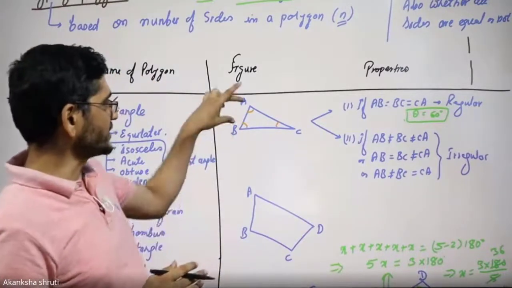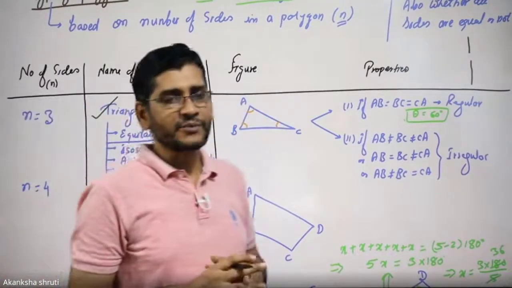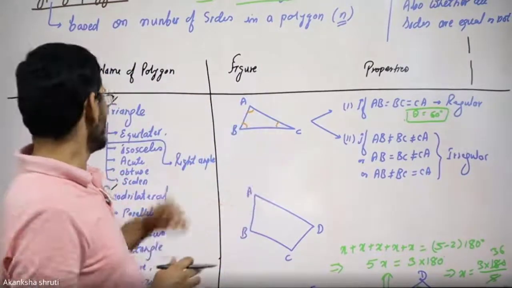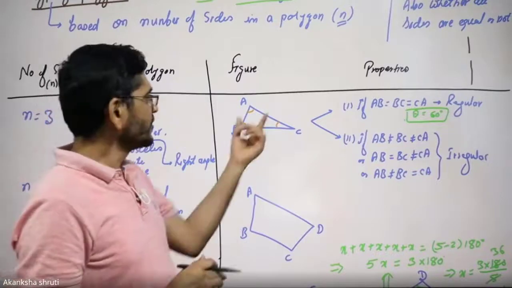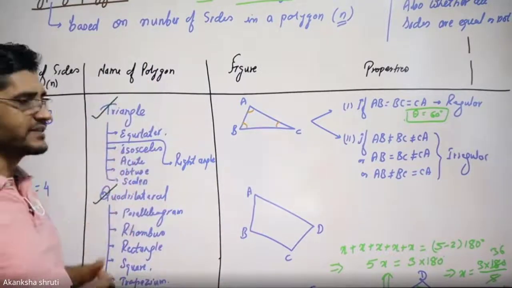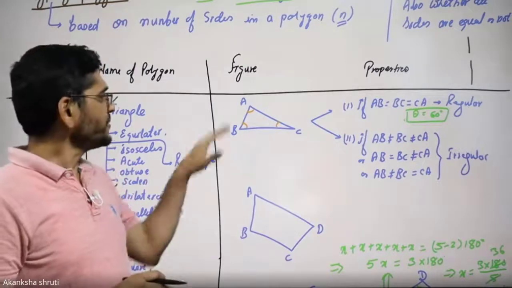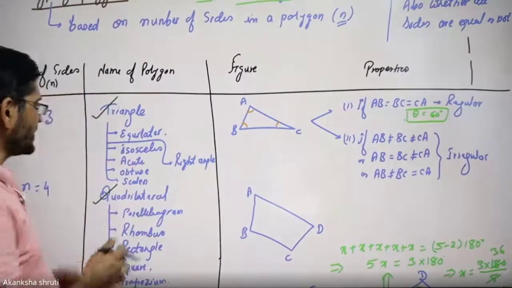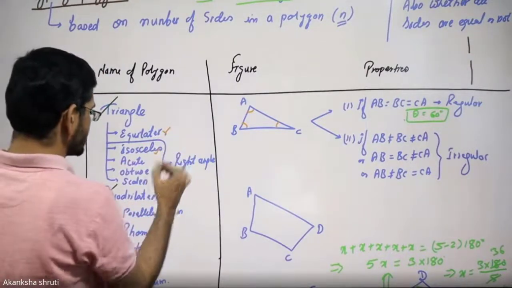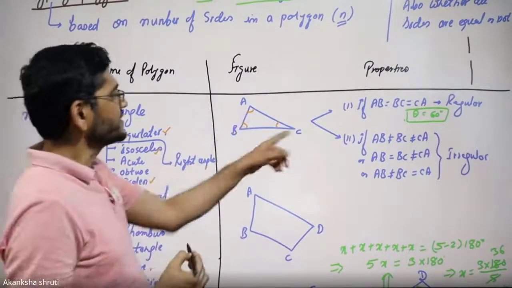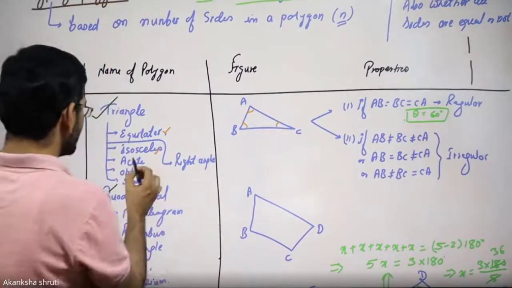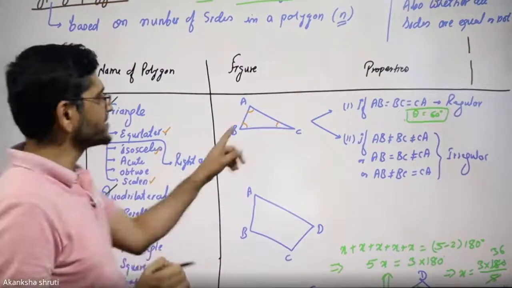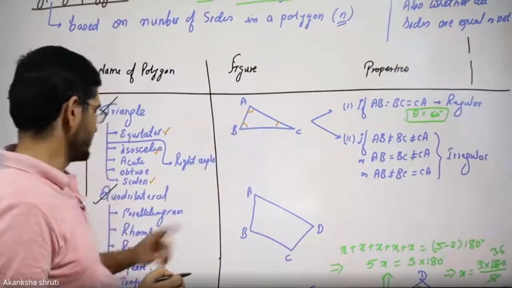Students, also considering the side lengths, the types of triangles are defined. If all the 3 sides are equal, it is called an equilateral triangle. If only 2 sides are equal, then it is called an isosceles triangle. If all the 3 sides are different, then it is called a scalene triangle. Okay, so the terms equilateral, isosceles and scalene are based on their side lengths. The terms acute, right angle and obtuse are based on their internal angles.